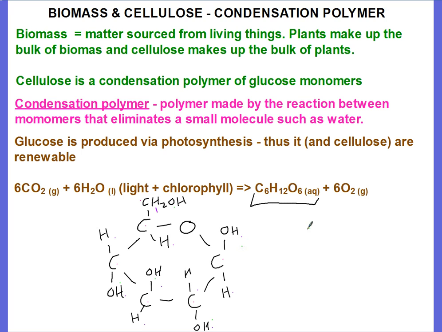So C6H12O6. In order, it was the hexagon, then the oxygen in the top right, the CH2OH in the top left, and that's pointing up. Then every carbon after that's going to have a hydroxyl group. That was pointing up. The second one's going to be down, up, down, up. Then we just put the extra hydrogens on the carbons to make up the carbons' four bonds. That's how you draw glucose.